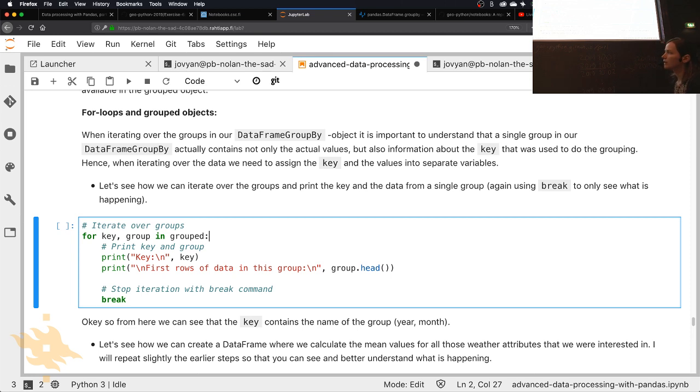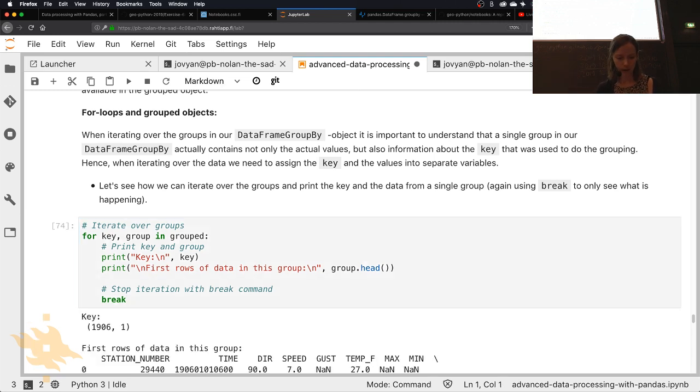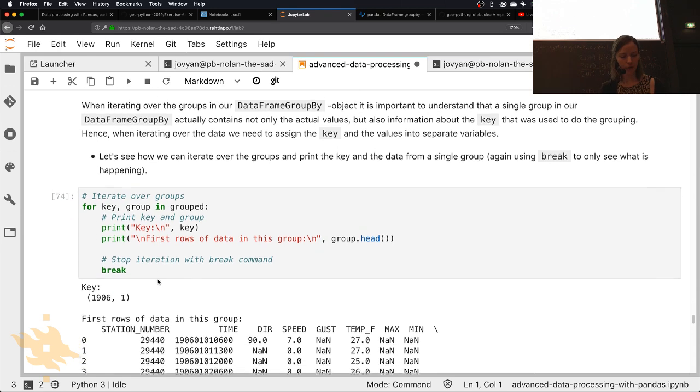This is again a bit different than the basic for loop, for example with lists. The group object contains information on the name of the group, so in this case the combination of year and month, and then the group is the actual data, so the data frame for that month. And if I print this, again only for the first round, I get the